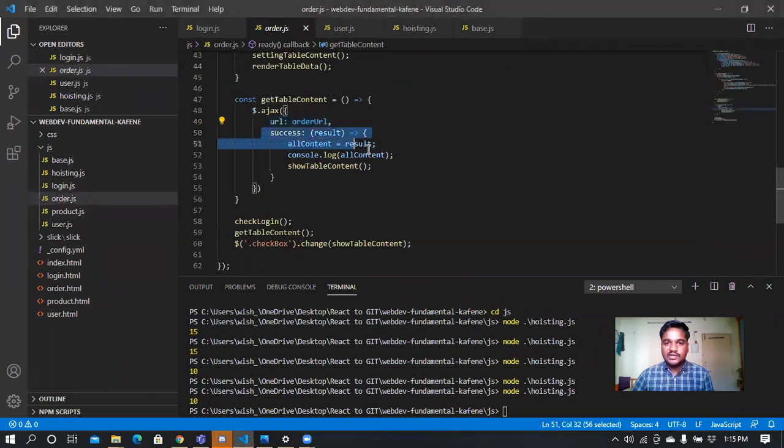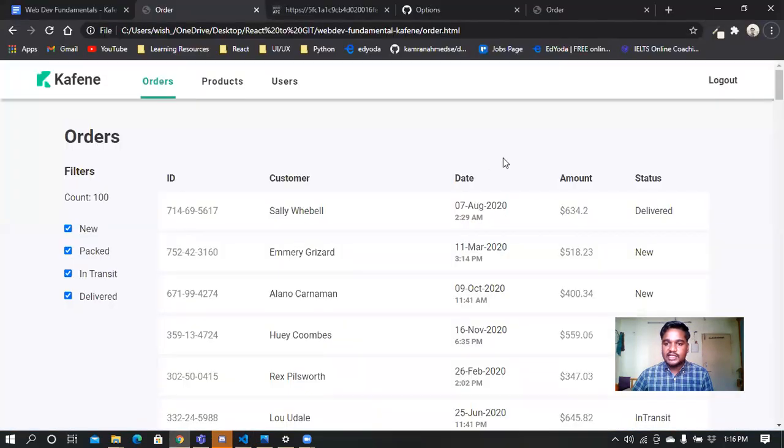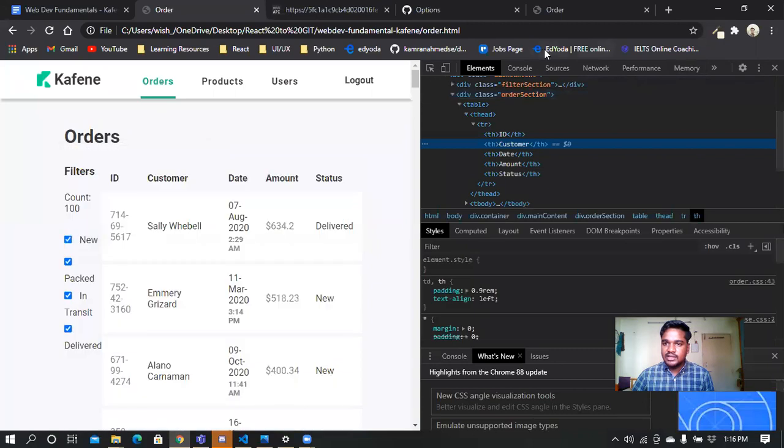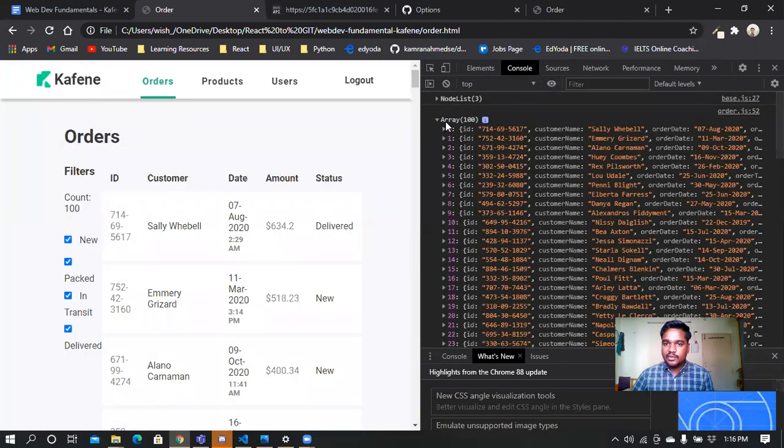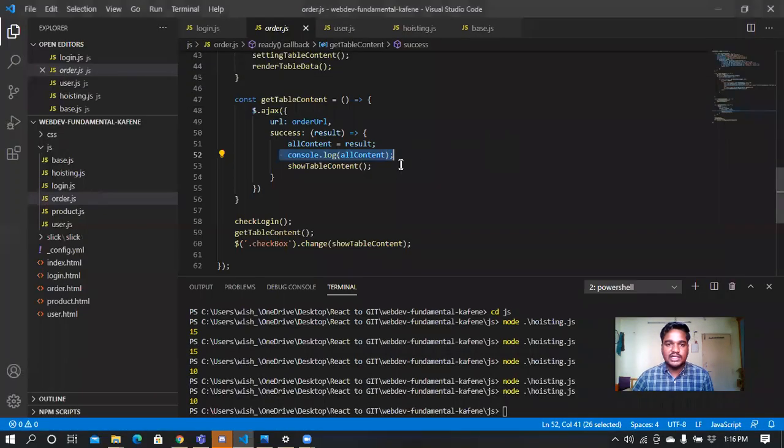Based on the data we receive on the success result, first of all, we are printing the element in console.log. As you can see, if you try and inspect this, in the console region, you will be able to see an array of object elements. So all this we receive through the success result.